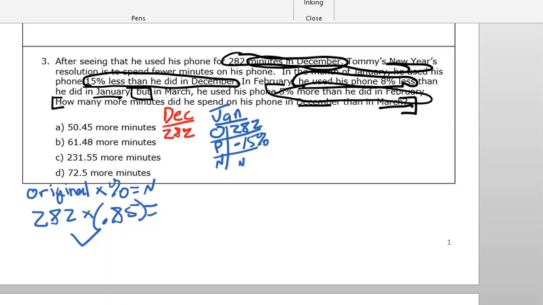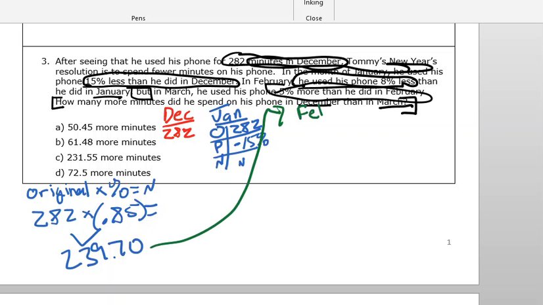282 times 0.85. Oh, I was wrong. 239.70. That's why I never rely on mental math. 239.70. Okay. So 239.70 is my January number, and I have to use that when finding my February number. So my new original for February is